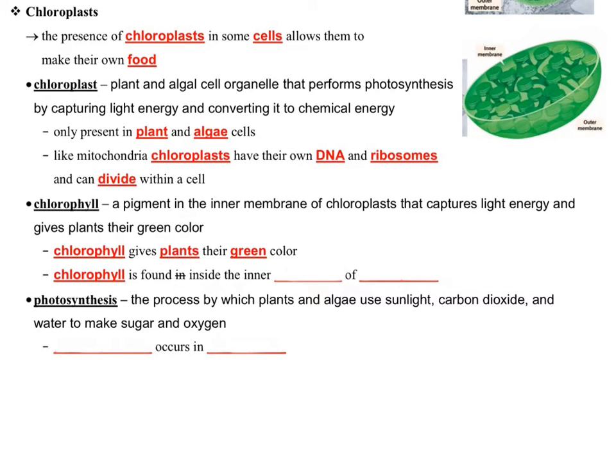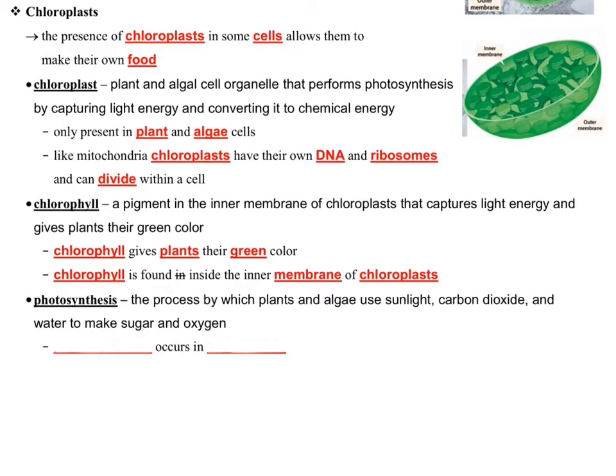Now, chlorophyll is found inside the inner membrane of the chloroplast. I didn't show this to you with mitochondria, but you should take a look. Both mitochondria and chloroplasts have these complex internal structures, all these folded membranes. And in chloroplasts, you have all these little discs that look like stacks of Smarties or Mentos or something like that, those candies. But anyway, photosynthesis is the process by which plants and algae will take sunlight and carbon dioxide and water,